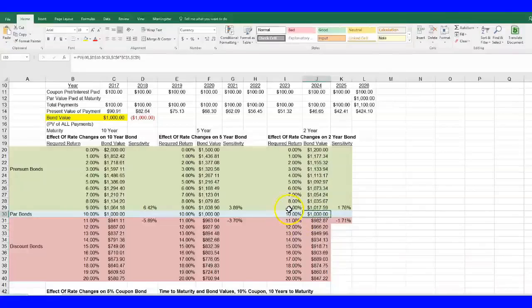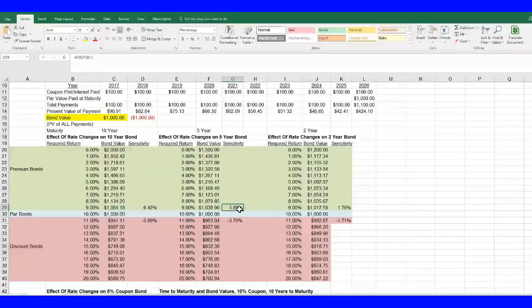And as before, if required rates of return fall below the coupon interest rate, we see the value of the bond increase. However, for the 2-year bond, a 1% decrease in the required return from 10% to 9% changes the value of the bond from $1,000 up to $1,017, or a change of 1.76%, which is less than the same effect for the 5-year bond, which was